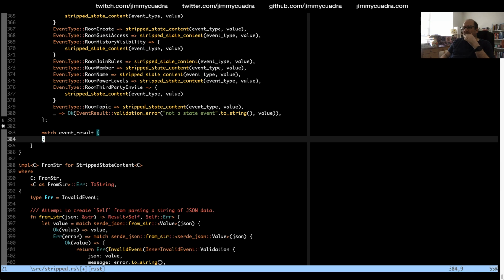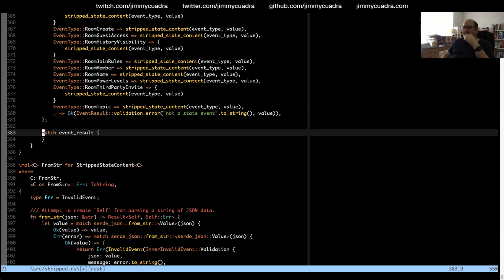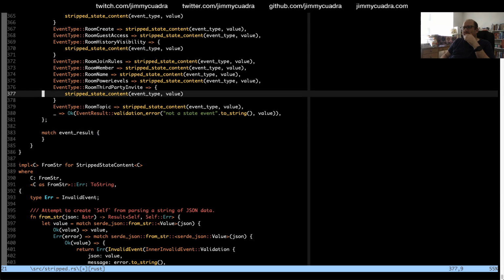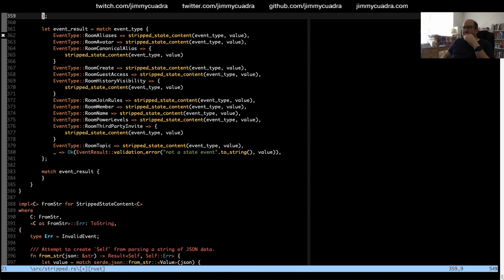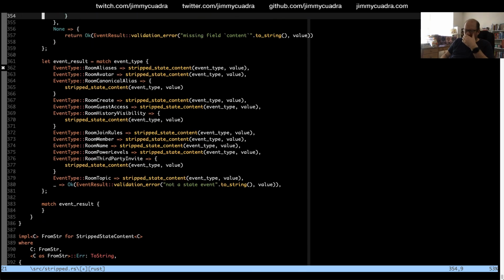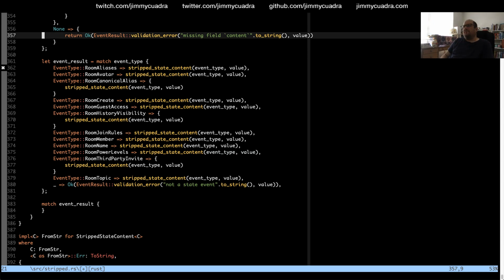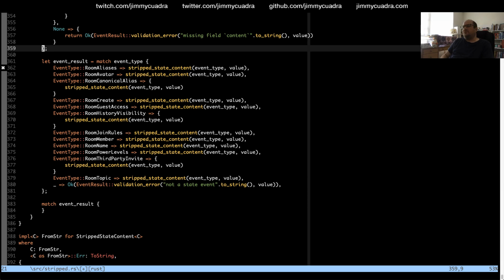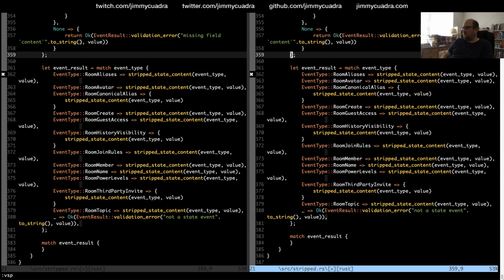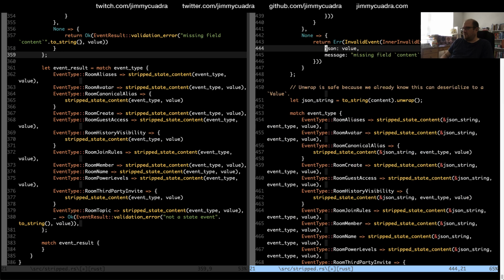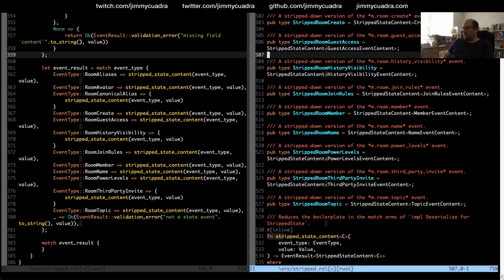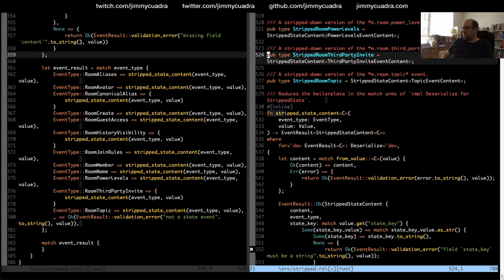So this is where we would need, no. Oh god, I'm so confused in the event result wrapping. It's just hard to get my brain around it. Let me get these both side by side so I can see them a little bit better. Strip state content.